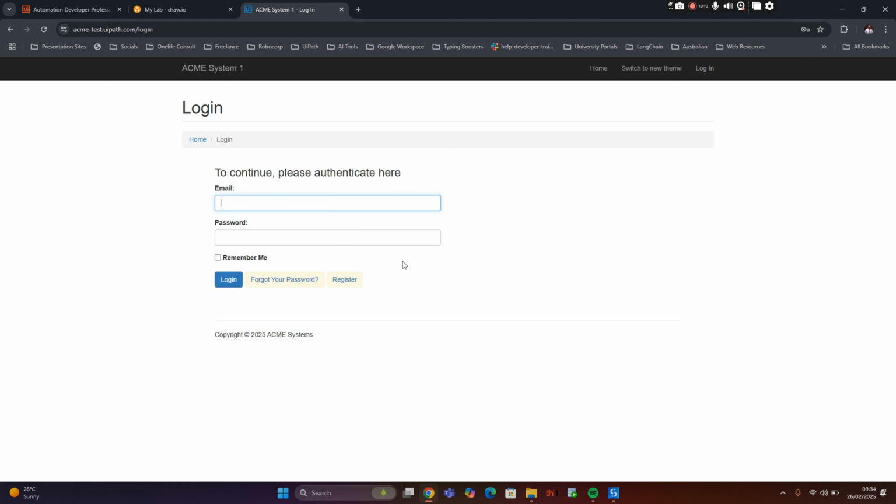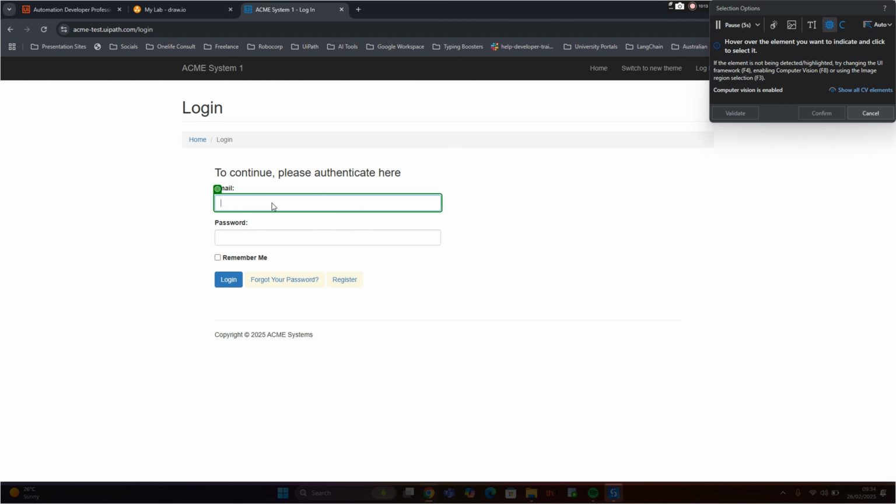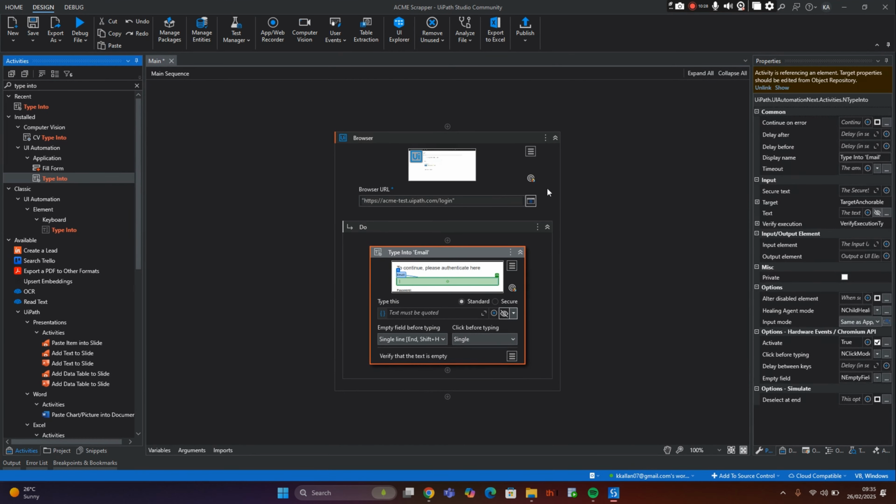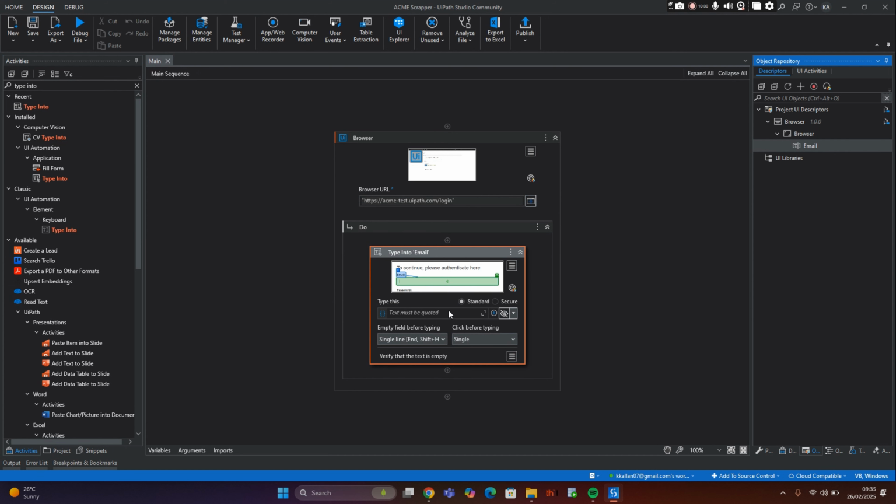So it says indicate in browser. So I'll come and indicate my email field. It has provided an anchor target. I can validate again here. It says validation 100%, so I've gotten the UI element correct. So I'll confirm from here. Then for the password,